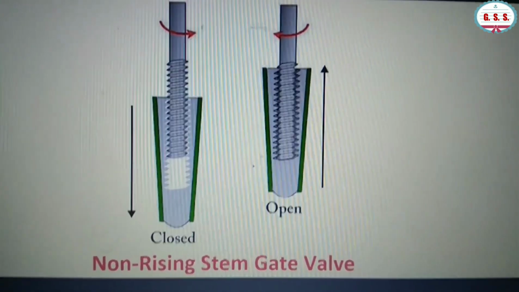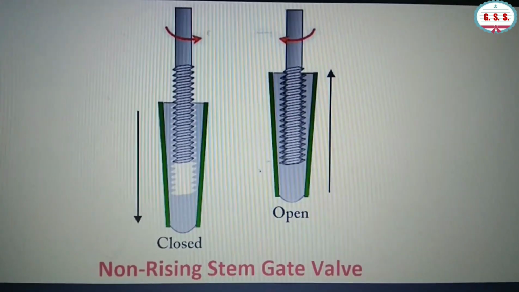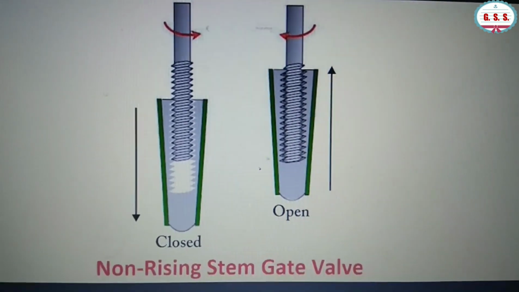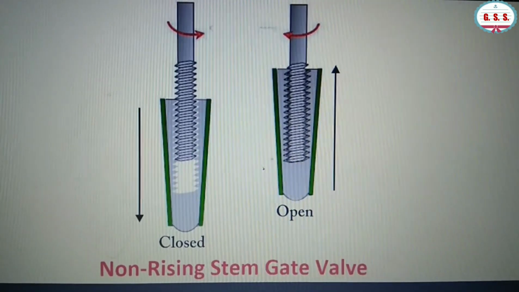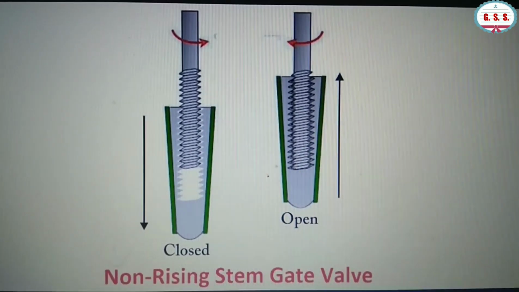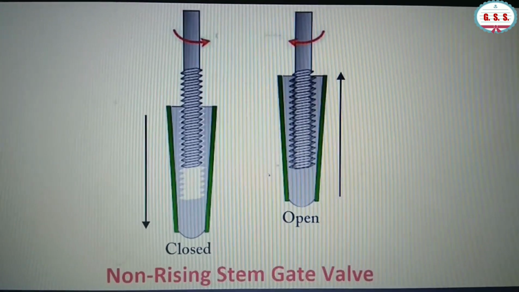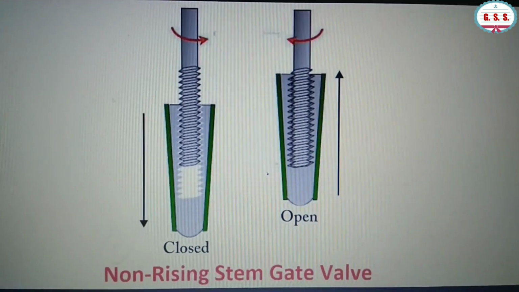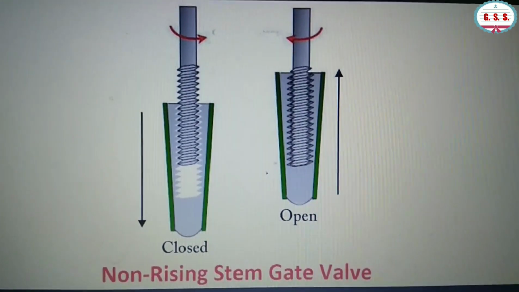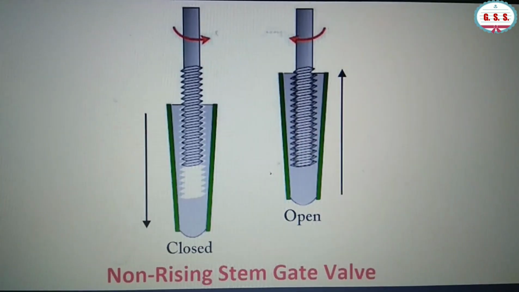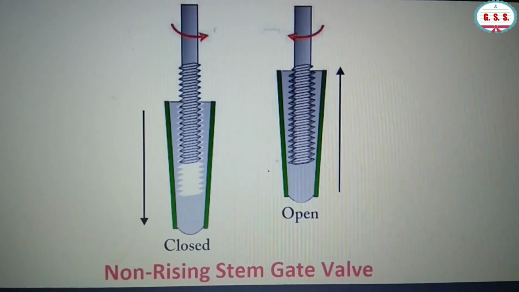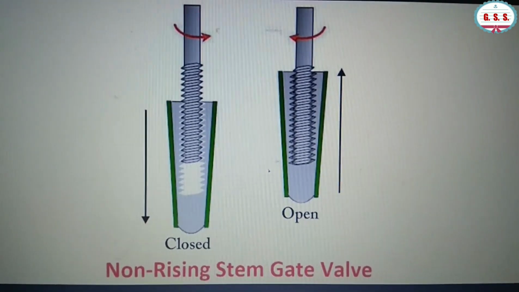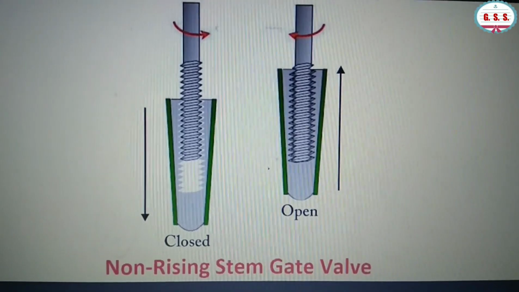So no portion of the stem will be projected over the hand wheel in case of closed condition or in case of open condition. So for a non-rising stem gate valve, from outside you will not be able to see whether the valve is open or closed. So stem will not be projected over the hand wheel in open condition as well as in closed condition. From outside it will not be possible to say whether the valve is open or